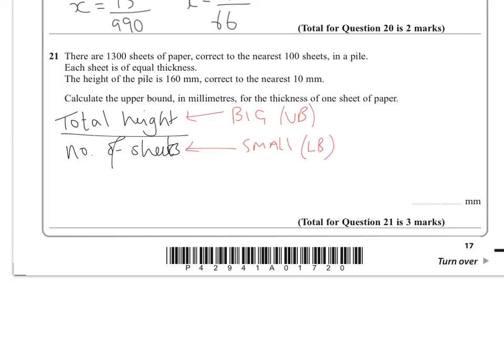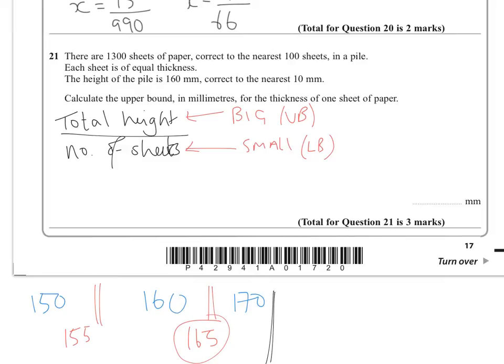Now the upper bound for the total height, well, the height of the pile is 160 millimeters, correct to the nearest 10 millimeters. So the way I like to do it, well, if we think of 160 to the nearest 10, below that to the nearest 10 would be 150, above that 170. So therefore the lower bound would be halfway between, 155, upper bound again halfway between, 165. The upper bound is the value we want,